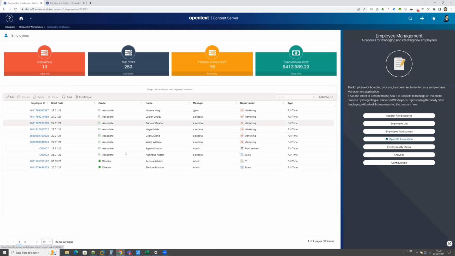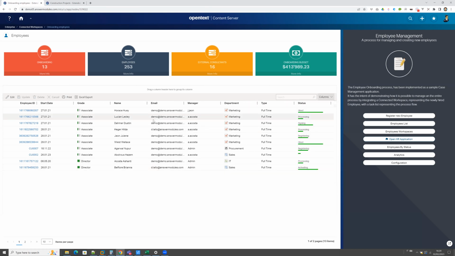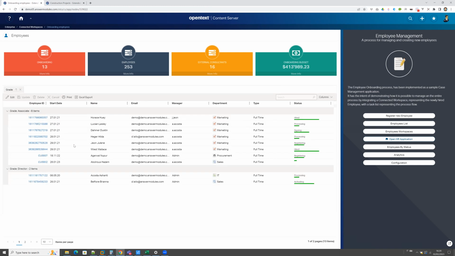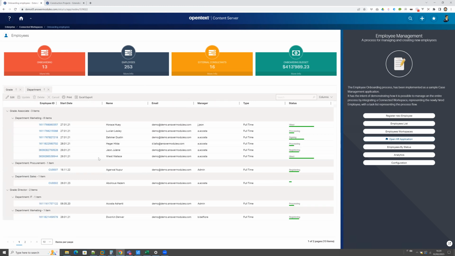First of all, you can see here the new grid, as I mentioned, offers you a lot of flexibility in terms of how to display information, which information to display, and how to organize the data. I can, for example, very easily through the widget, aggregate the information that I'm looking at. For example, I can aggregate by grades, I can aggregate by department, and the grid adapts itself.